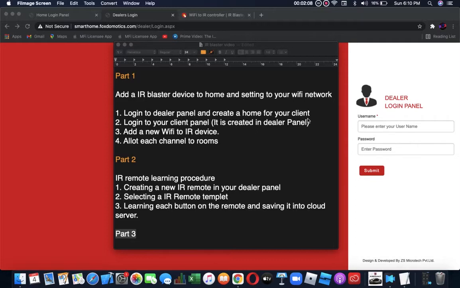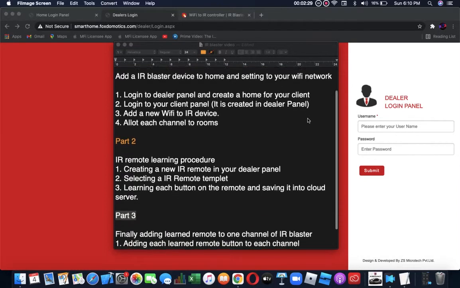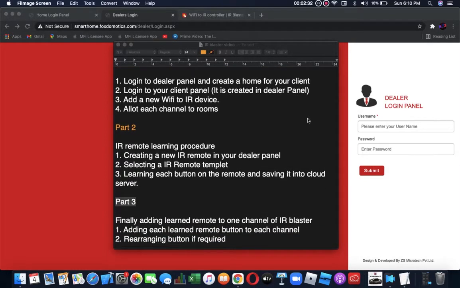Second, log into your client panel. Once your client is created, we log into the client. Here we have already covered other parts, so we'll move directly to the IR device and look at how to add an IR device.